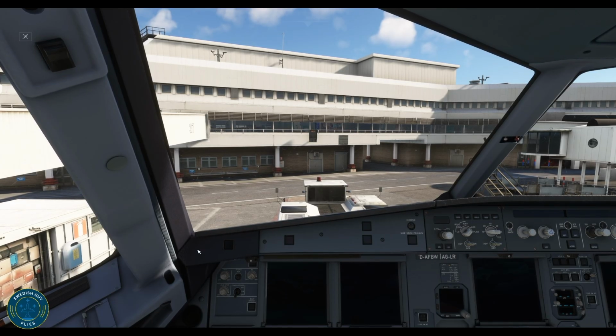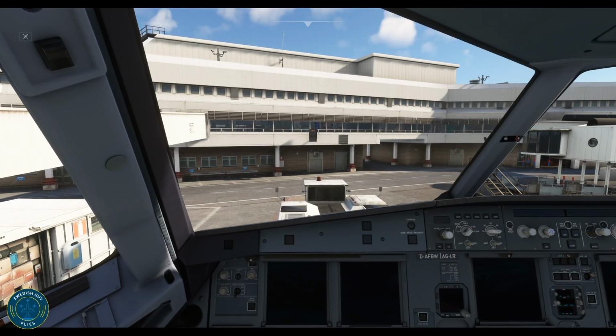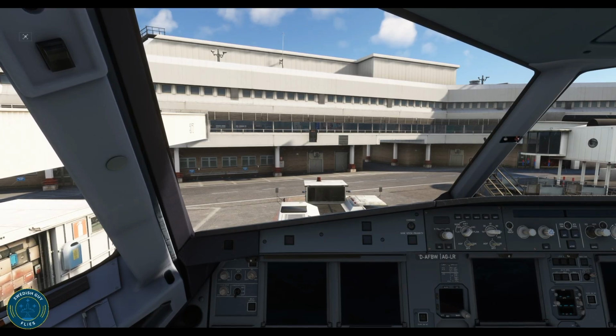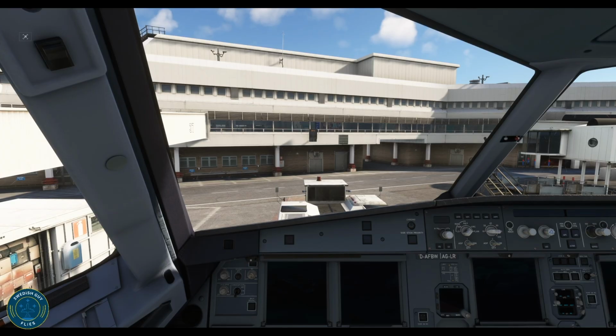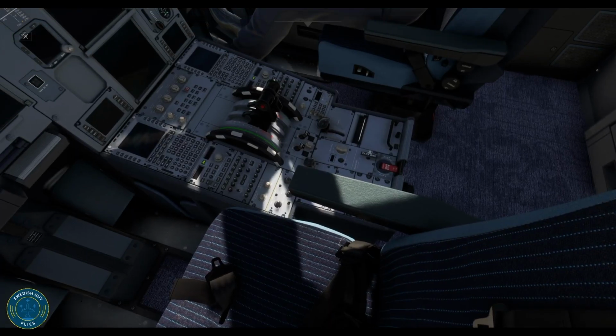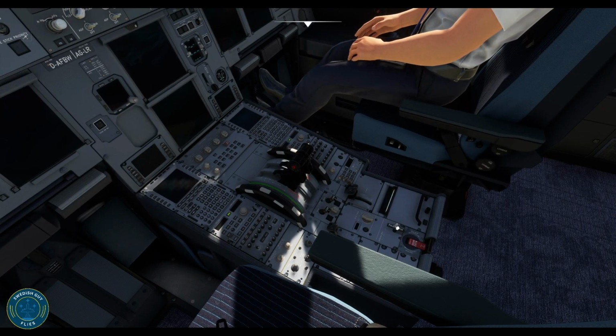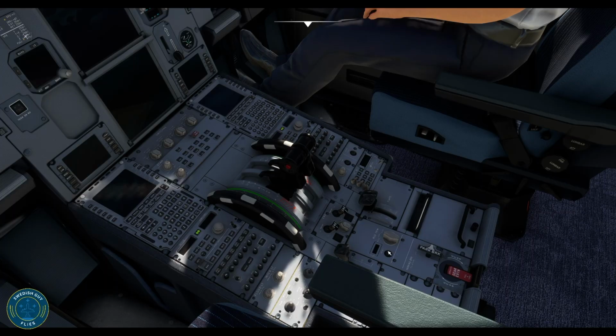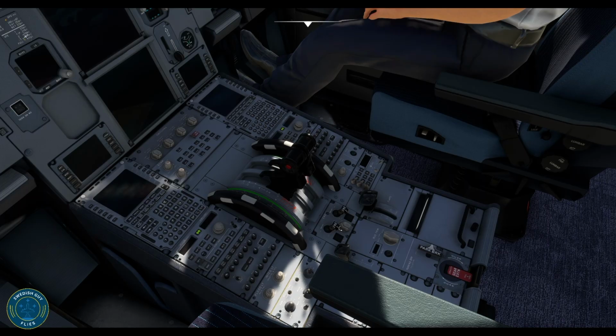But let's get busy here. I'm going to get to my checklist and we're going to work through that one together. Okay, let's set up, and I'm using a simplified checklist here. So let's check a couple of things first. I'm going to make sure that the parking brakes are set. We have engine mode normal and engines 1 and 2 are off. Throttle is in idle, flaps are up,